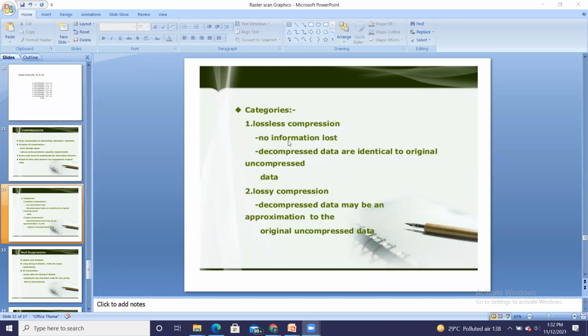That is the difference between these two methods, lossless and lossy compression. Our run length encoding comes under lossless compression. So there is no information lost in run length encoding.